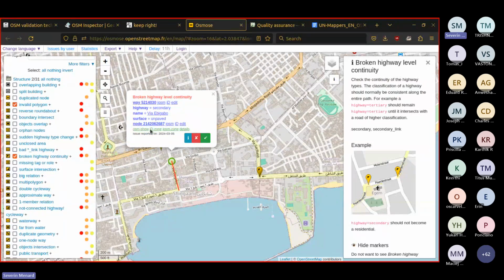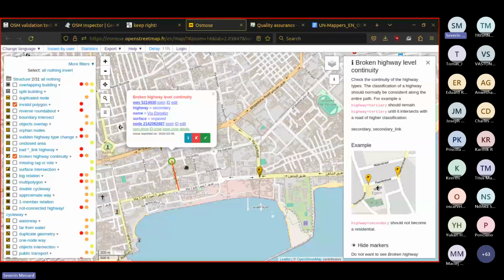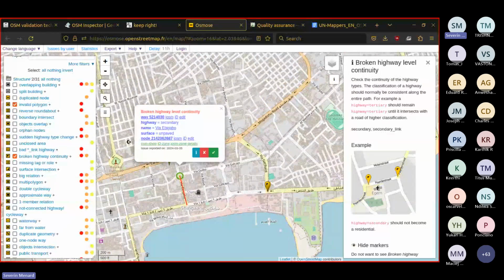So you can see here we have the tags, it is actually secondary, it's not tertiary. Highway secondary, the name of it, all the tags, okay? You have the ID of the way. So I can see it on OpenStreetMap.org. I can open it in JOSM, in iD, or I can edit the object with the online Osmose editor. Okay, but in this case, actually,